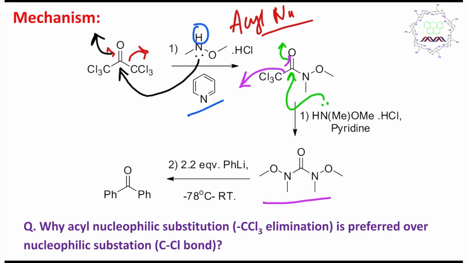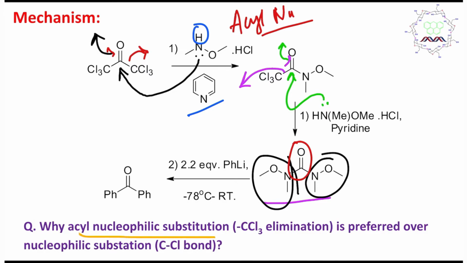Here these two came from the reagent part, and this C double bond O came from the reactant, the hexachloroacetone part. Now a question: in this case, why is the acyl nucleophilic substitution, or CCl3 elimination, preferred over nucleophilic substitution on the C-Cl bond? Because we have studied one phenomenon, students, that alpha-halocarbonyl is a very good substrate for SN2, it's true, but in this case this nucleophilic attack